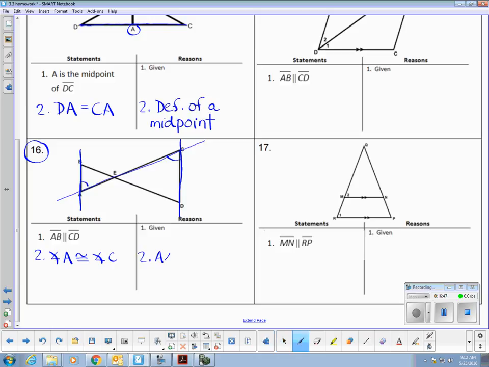And we can just say alternate interior angles. And I can also draw a transversal this way. And again, I have alternate interior angles. So in addition, I can also say that angle B is congruent